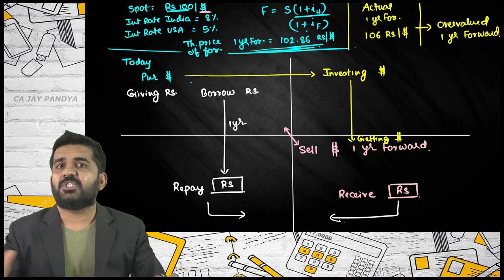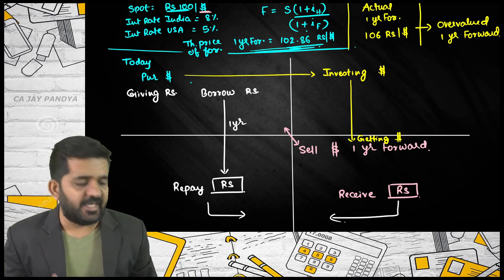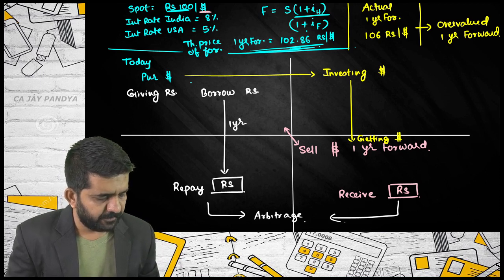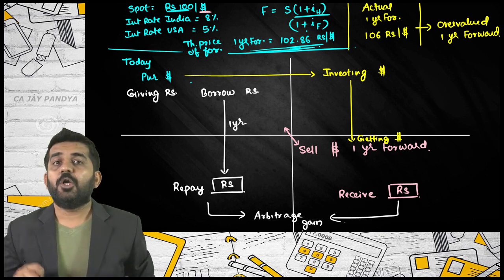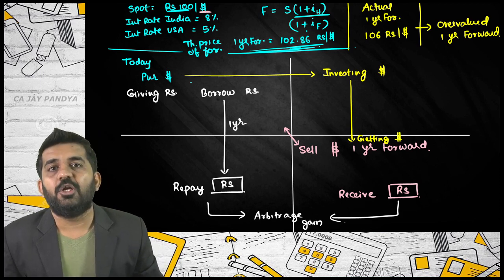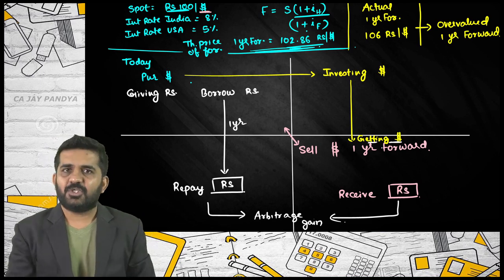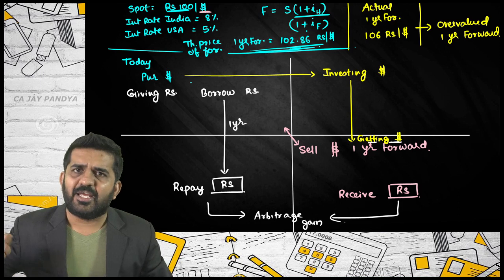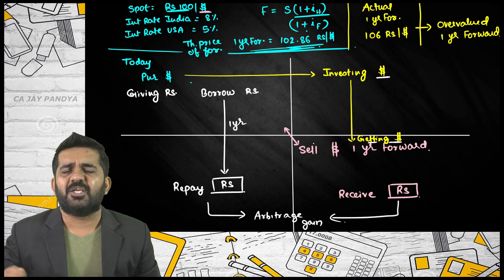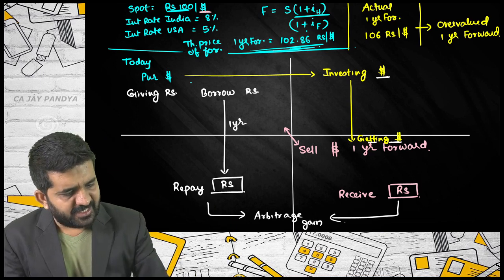Believe me, other than this, there are no cash inflows and outflows. Here we have settled everything. These are the only cash inflows and outflows, and the difference is nothing but arbitrage. What you are receiving will always be higher than what you are paying. You just need to understand how many dollars you will be selling. You should be selling so much dollar which you will be ultimately getting. Is it alright? So either you can assume over here how many dollars you will be selling, or you can assume over here that you will be investing $100 or $1 or $2. It depends. Is it alright? Try to concentrate in the same scenario.